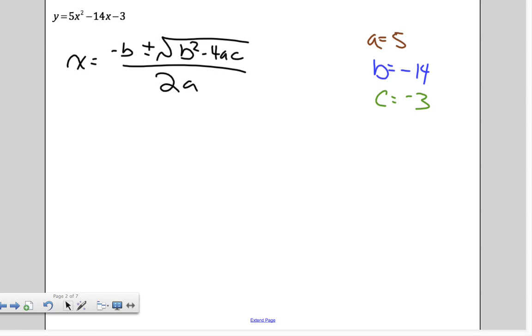Questions up here? So here x is equal to minus, what's the value of b? 14. Plus or minus the square root of minus 14 squared